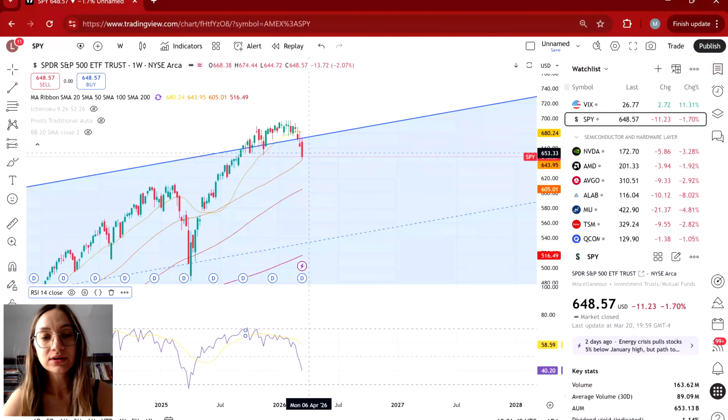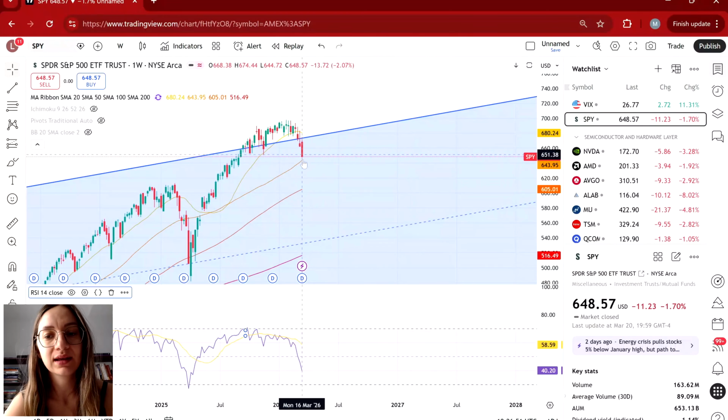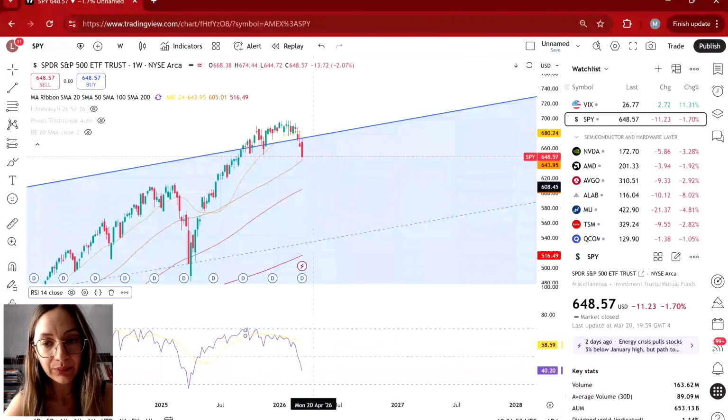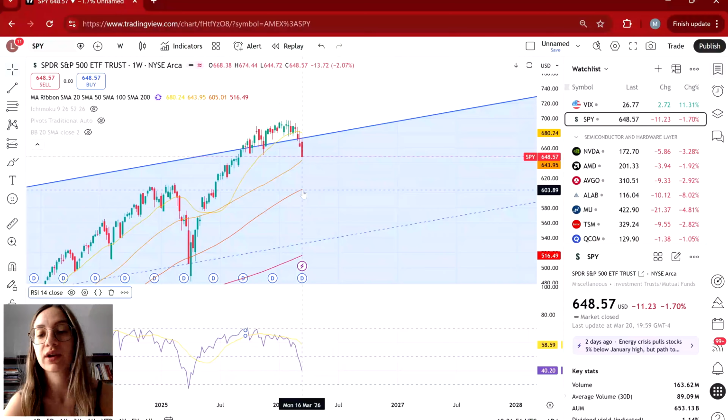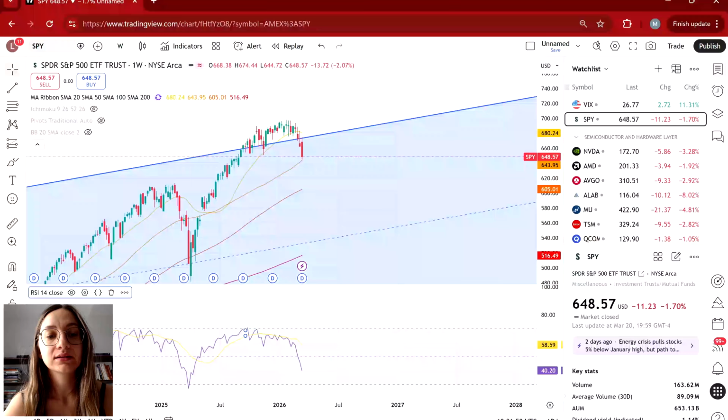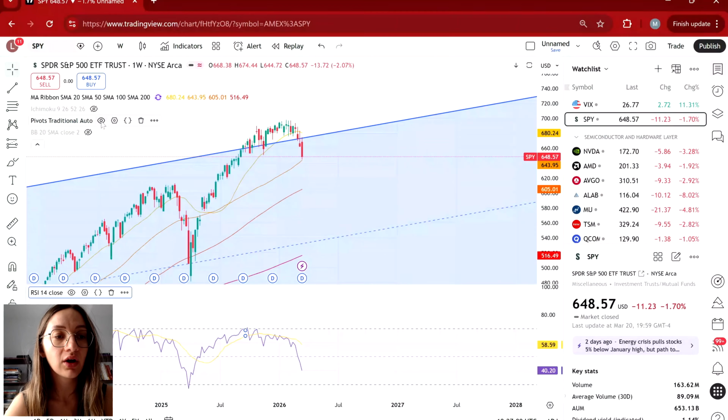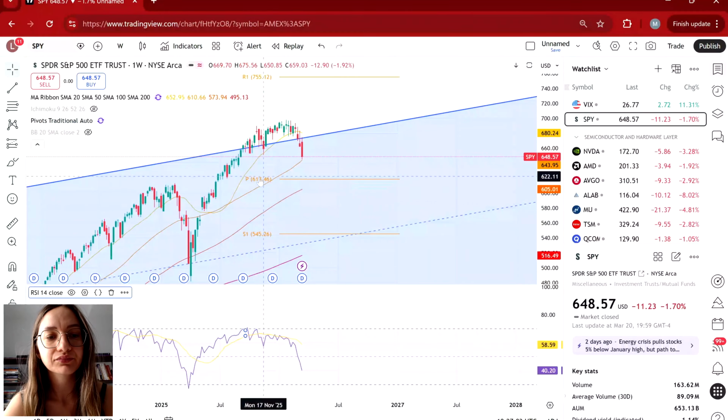If we close the week below this, the next stop is a deeper level, which is the 100-day moving average. And before that, there are other levels that we could see. I'm going to see 615. That's what we're going to watch because this is our pivot point, and this aligns with the previous breakout zone